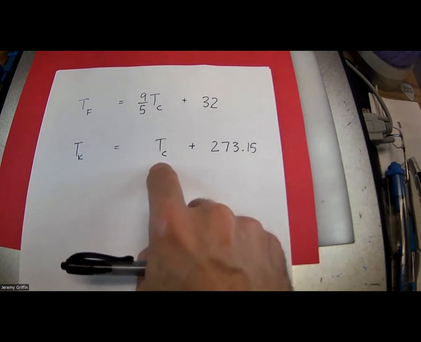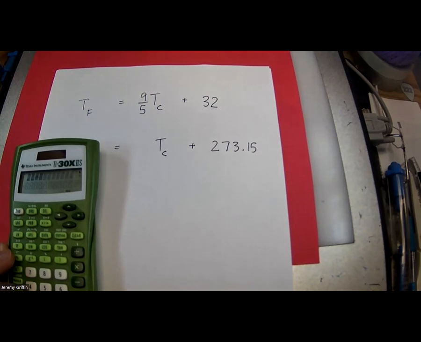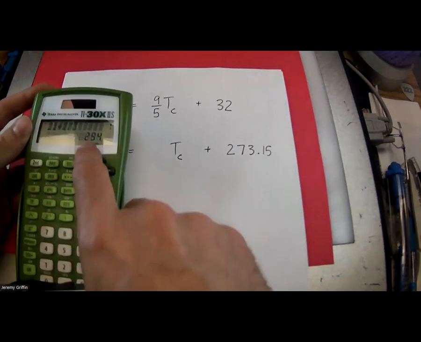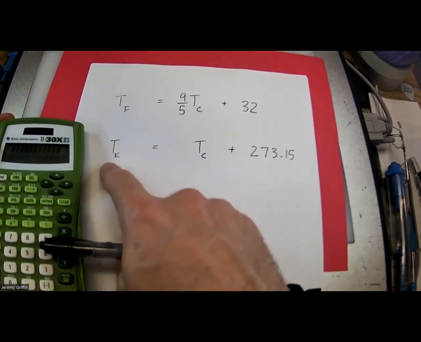So if you said 21 degrees Celsius, what would that be in Kelvin? 21 degrees Celsius plus 273. That's about 294 Kelvin. And yesterday I showed you that you would have to know that specifically for some applications